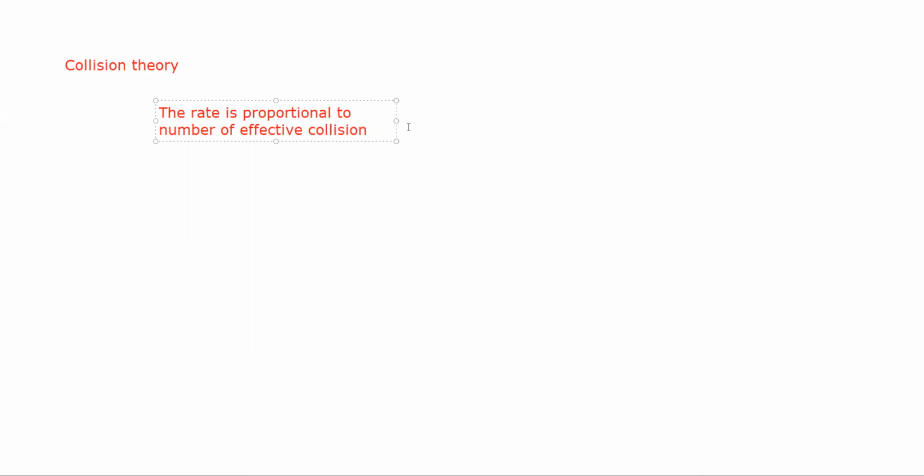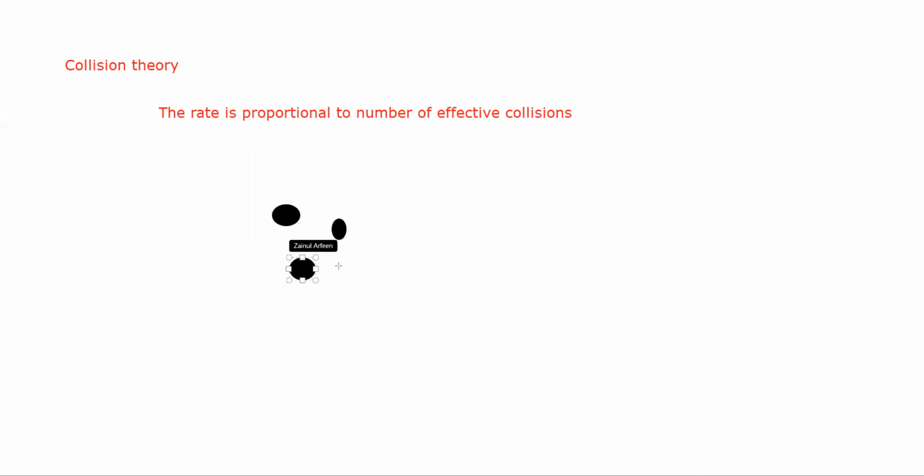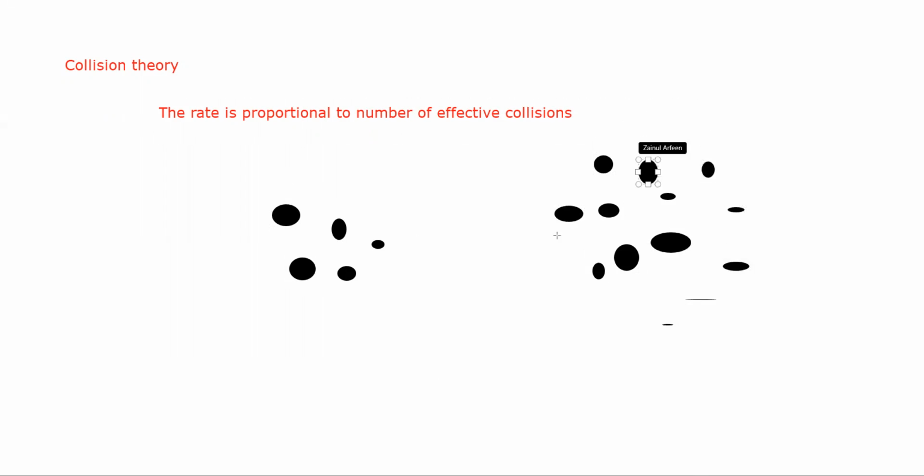It means if there are more collisions, the rate of the reaction increases. So if I have only, say, 3 particles, or for example 5 particles, the number of collisions will be smaller. But if I increase the number of particles, what will happen? They are more likely to collide, and as they are more likely to collide, it will result in a formation of a